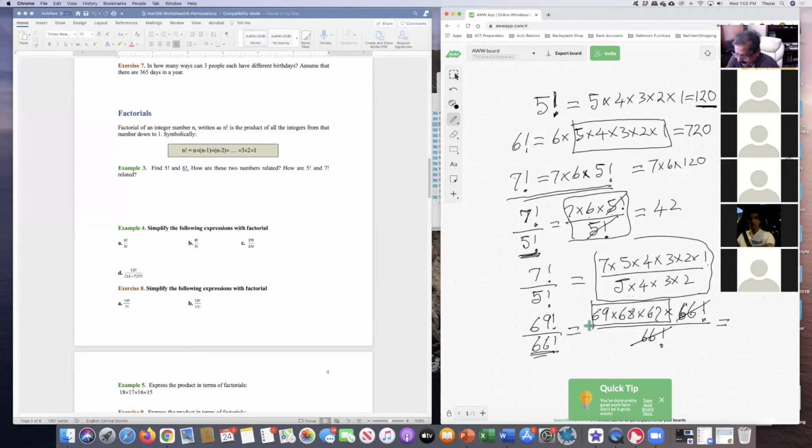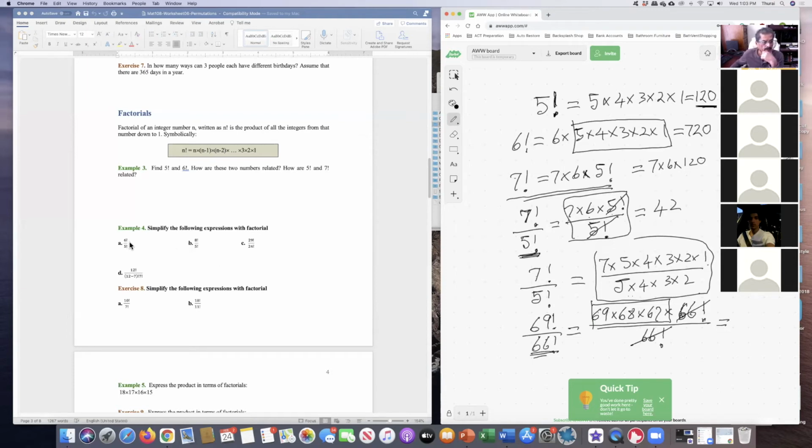But if you try to calculate 69 factorial and 66 factorial, not only is that too much work, but you won't be able to do it because the calculator will fail. So we must apply this technique to do those divisions of factorials. All right, so